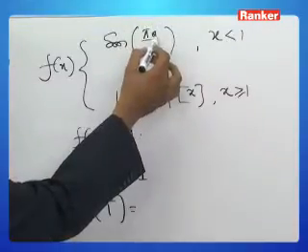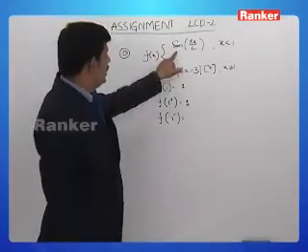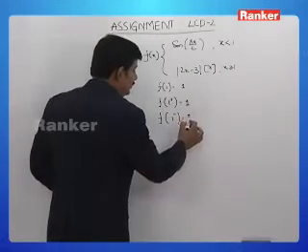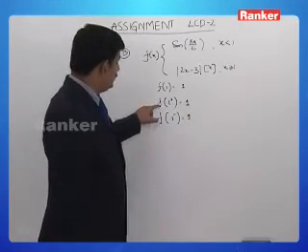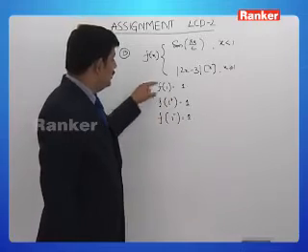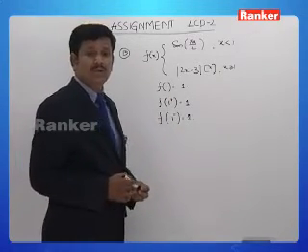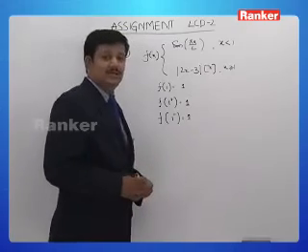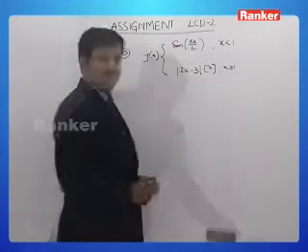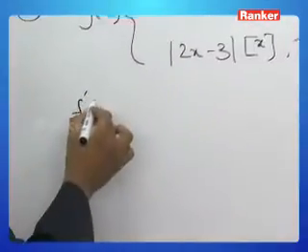So, if x is slightly less than 1, pi x by 2 will be about pi by 2 and sine of pi by 2 is about 1. So, we can see right hand limit, left hand limit and function value are all equal and equal to 1. So, the function is continuous at x equal to 1. Now, let us check the differentiability also. For differentiability, we have to evaluate left hand derivative at 1,